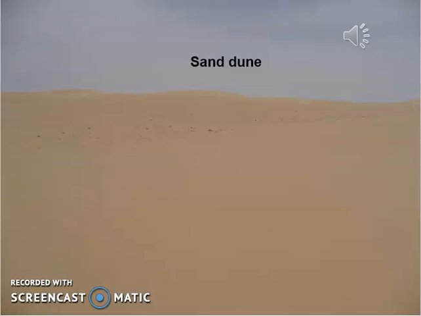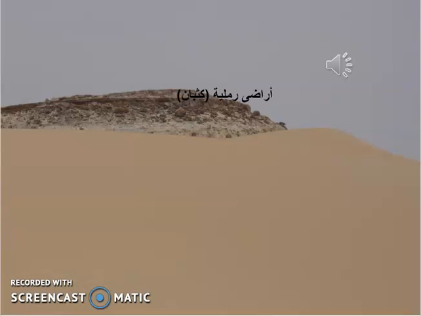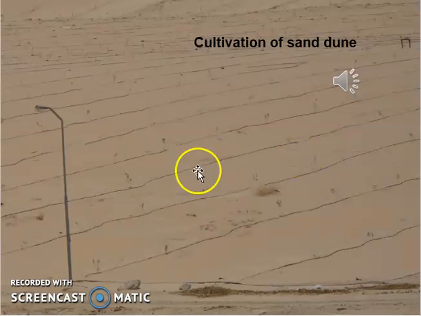We can cultivate a sandy dune, although it's difficult, but it can be carried out. You can use this sand only to fix a plant, but you have to add all nutrients in the irrigation water.